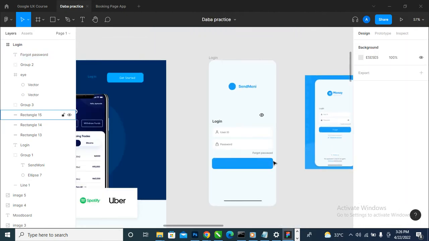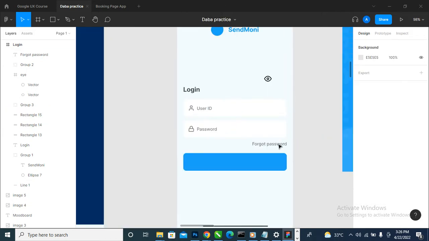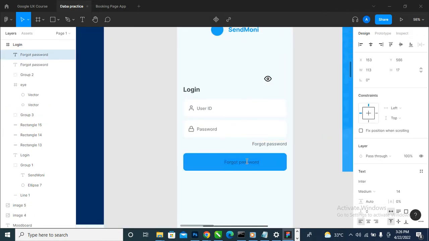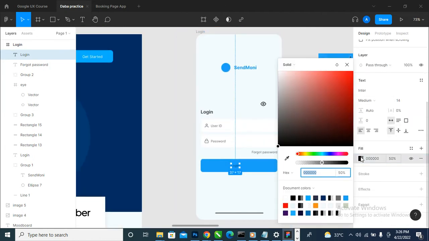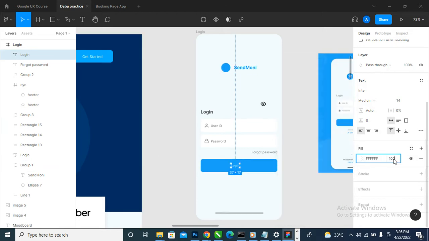Yeah, I think it's making sense. So the next thing is login. Duplicate this login. So login will definitely be white. No transparency because